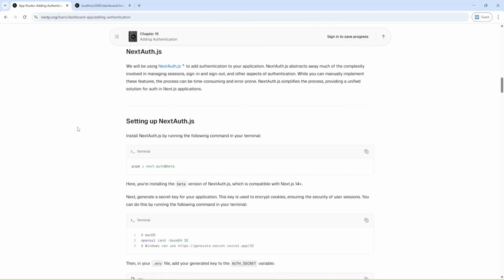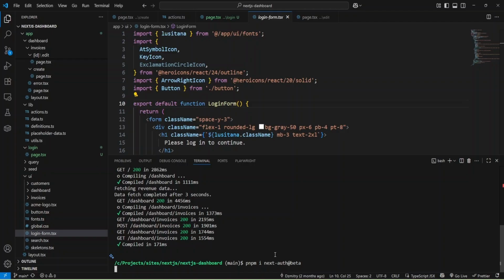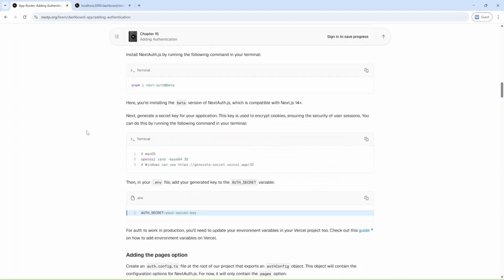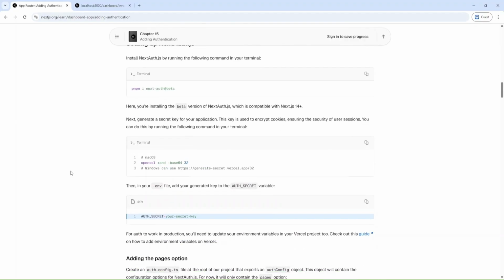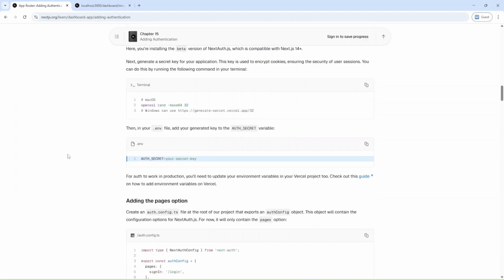And now we can install NextAuth package, and let me do it. And I'm going to stop my terminal and add package. Okay, and next we need to create our key for using this authentication, and you can just run this command or visit this address, and then you need to provide our secret that was generated.